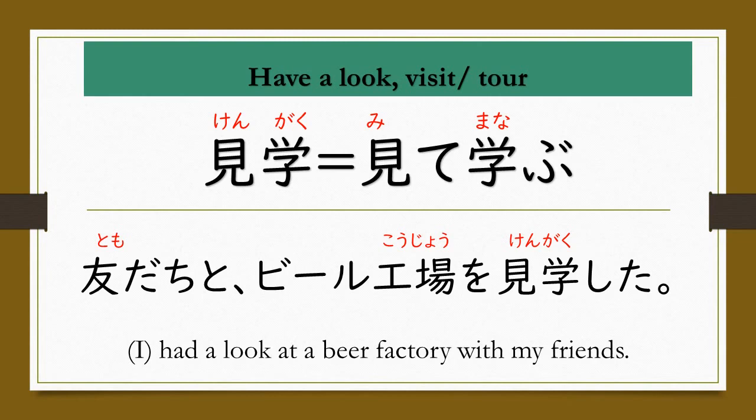Have a look, visit, tour. You go to some kind of facility and then you have a guide. Then the guide will show you around. That's 見学。Turn into 訓 reading, 見て学ぶ。So it makes sense. 見学。Example, 友達とビール工場を見学した。I had a look. 見学した。A beer factory, ビール工場を with my friend, 友達と。友達とビール工場を見学した。